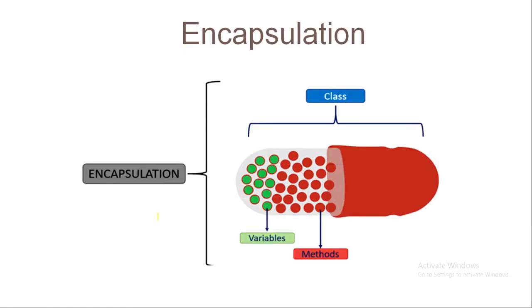That means encapsulation provides a cover to the variables and functions of a class, and that particular cover is known as a class. From the figure here we can see that this is a tablet which doctors give to us, the patients. So whenever we see the tablet from outside, it is only having a cover which is shown to us. But inside the capsule, there are so many different medicine drugs mixed together that we cannot see from the outside. Same as a class is a container in which we have variables and functions put together. But from the outside it is only seen as a class. So this process is known as encapsulation.